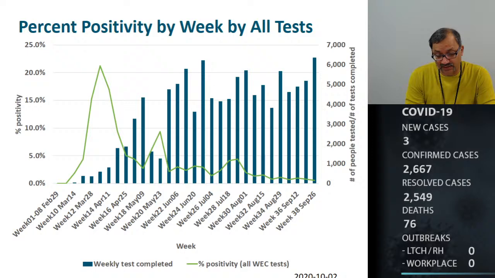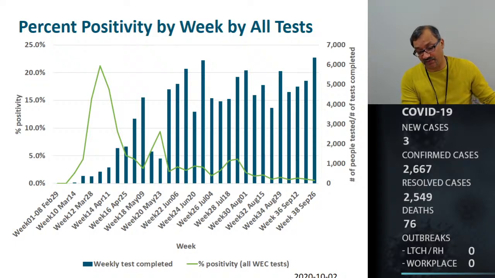Just as a reflection, because we've received this question a few times in terms of how the testing is going in the region, and is that reflective of the number of cases that we are seeing? Because if you're seeing a low number of cases, does that mean that the number of tests has gone down? What we are reporting is that last week approximately 908 tests were completed daily, and despite that, the numbers we have seen are pretty much encouraging for our region.